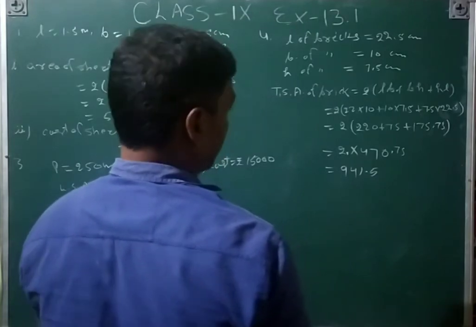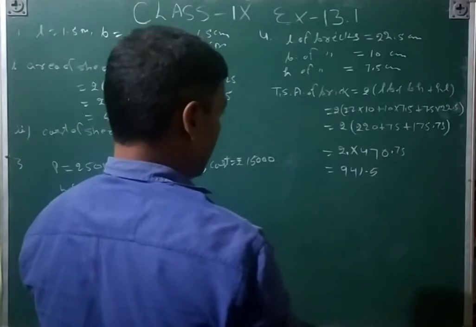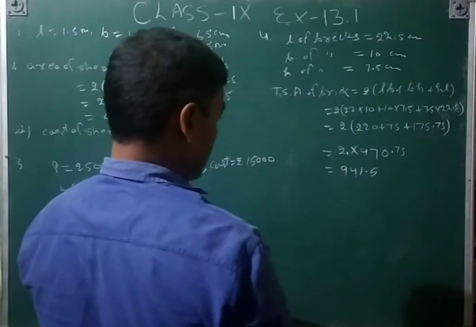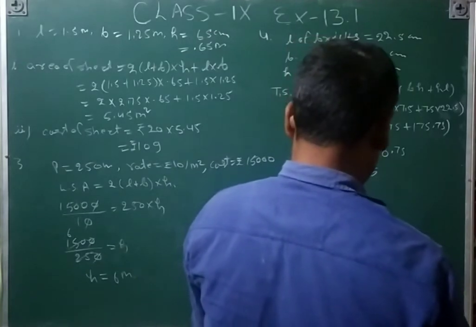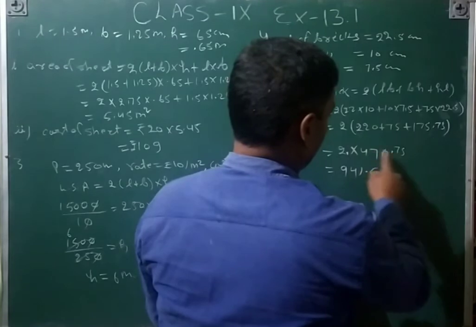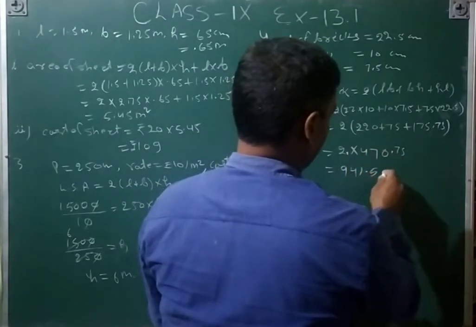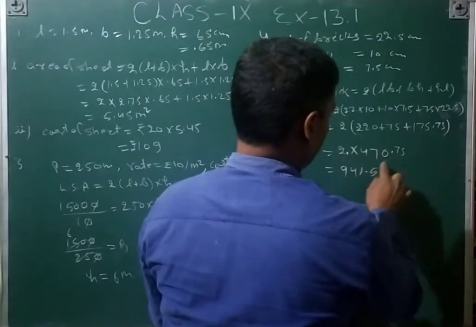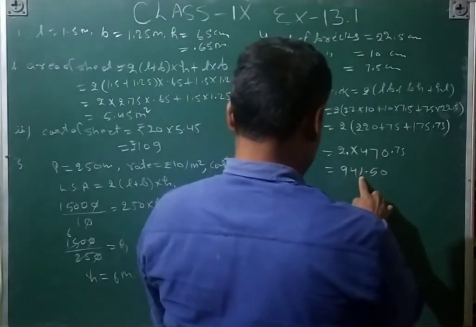9375 will become... just see again: 2 fives are 10, 0, carry 1. 7 twos are 14, plus 1 is 15, so the 15 has come similarly, and then